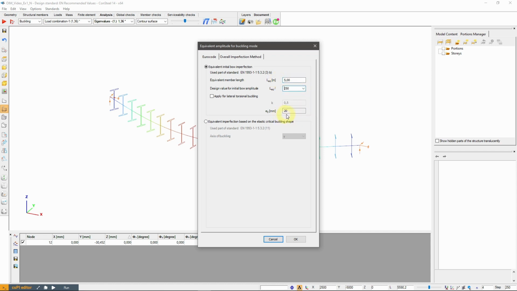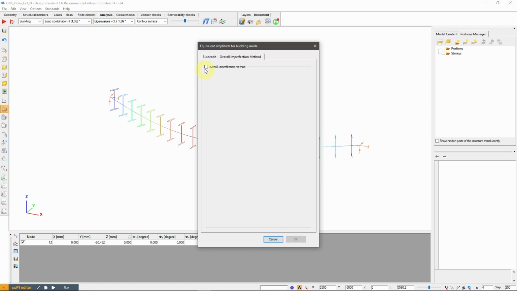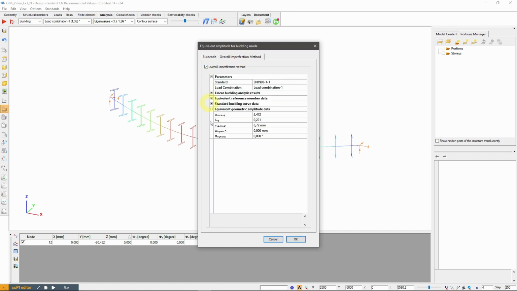The first one would give a 20 mm amplitude. The second one a 6.7 mm amplitude. And the OIM also a 6.7 mm amplitude.